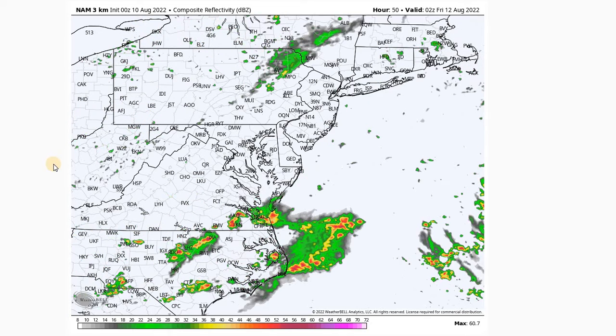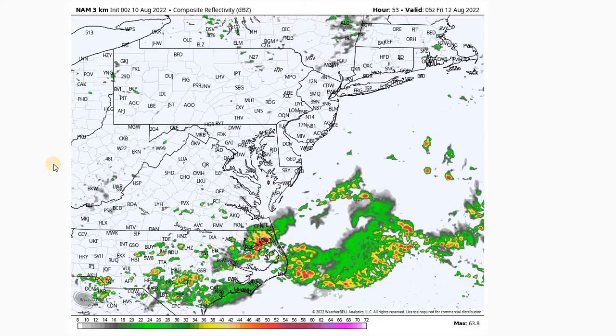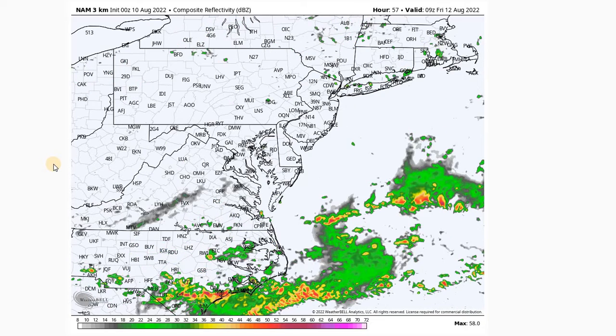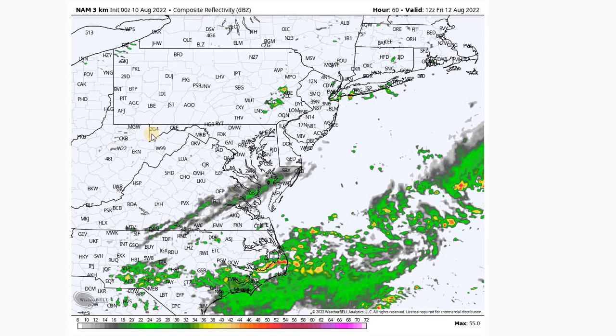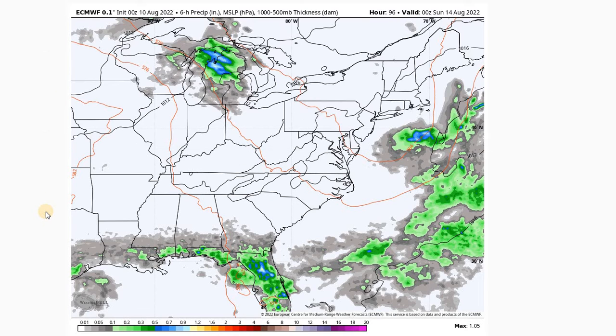Then as we go into our Friday, we'll see some activity to the south, but not expecting that to impact the Wallops area. And then Friday should be a mostly dry day with some seasonable conditions, a lot more pleasant than it has been the last few days, with just a slight chance of a pop-up shower or possibly a storm on Friday. If we zoom out and take a look at the longer-term forecast,